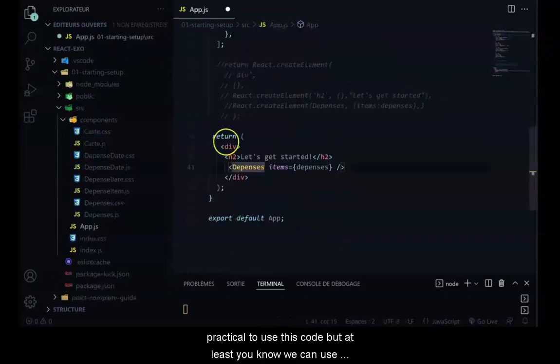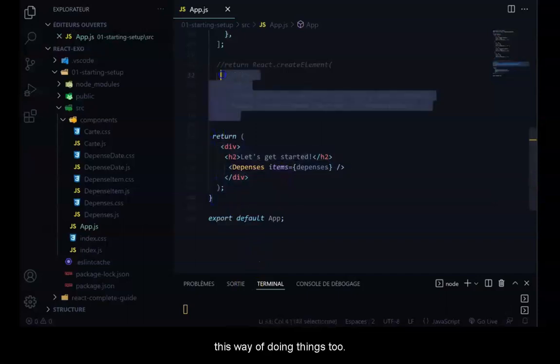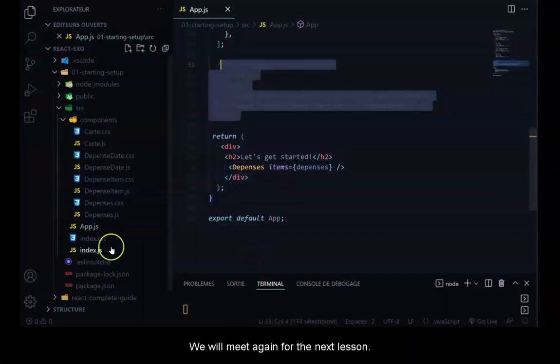Of course, we will revert to our first code, it's much more practical to use this code, but at least you know we can use this way of doing things too. We will meet again for the